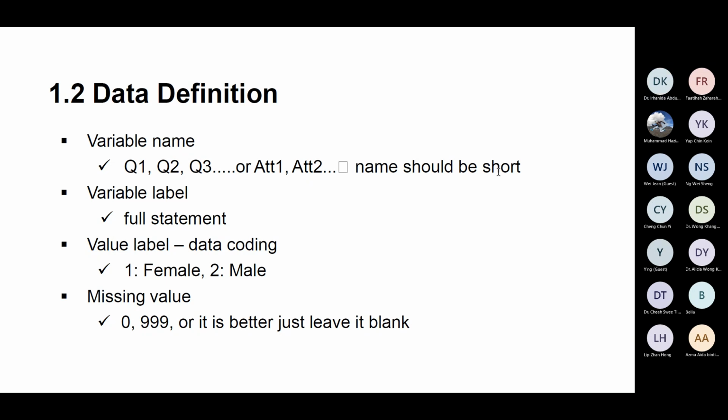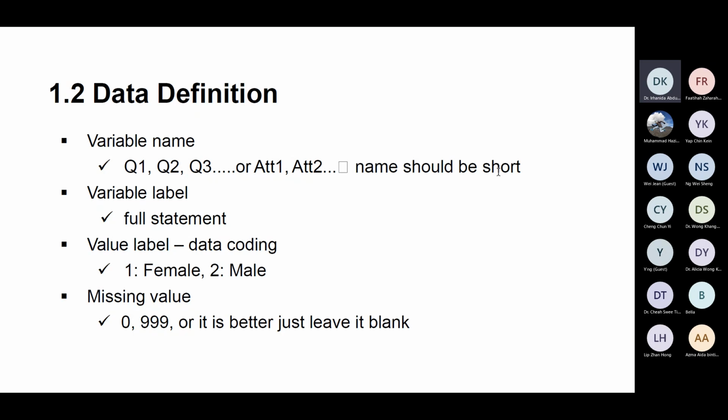But in Malaysia, in many research, we definitely have two, female and male. So the first box, if the respondents tick female, so female is 1.